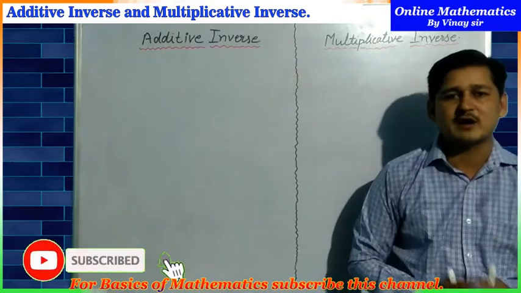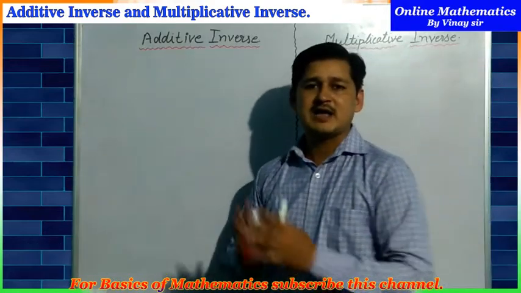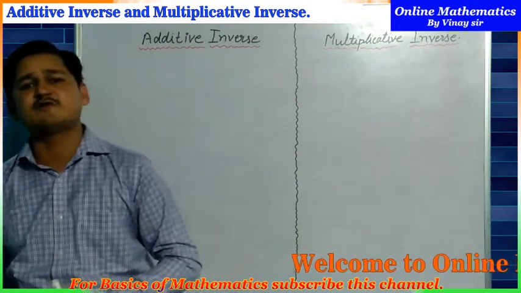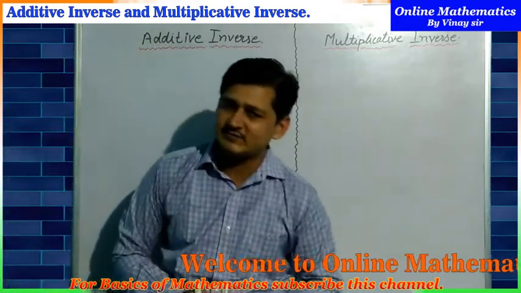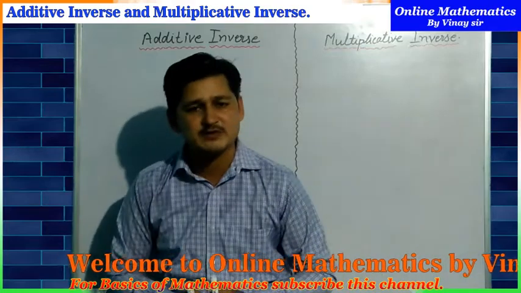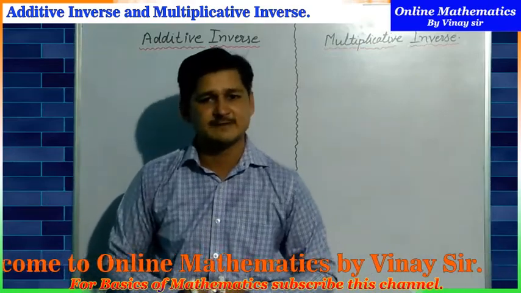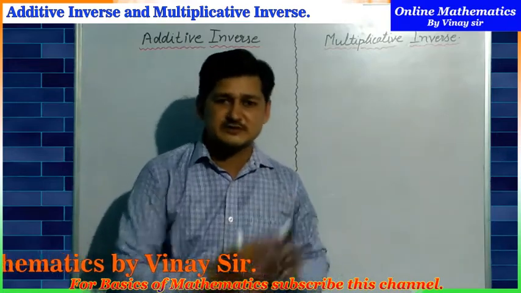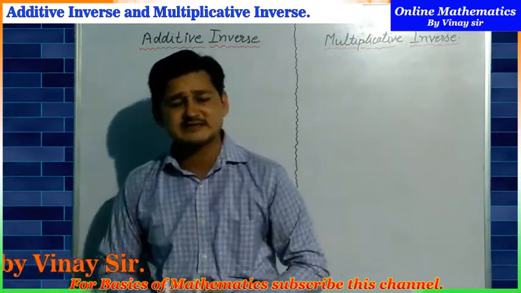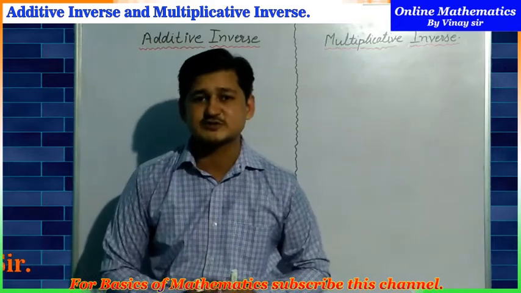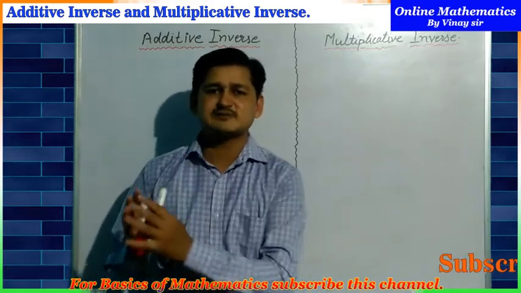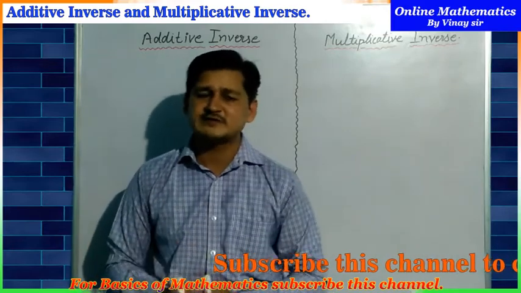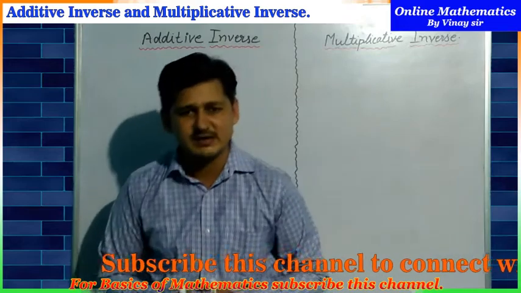Today we are going to talk about the next part of rational numbers, and we will discuss the additive inverse and the multiplicative inverse of a rational number. Students, additive inverse and multiplicative inverse are very common but very important topics to understand. In the exam we can find questions based on this topic in the form of MCQs, fill in the blanks, and very short answer questions. So it is necessary to understand these topics well. First we will talk about additive inverse and then about multiplicative inverse.